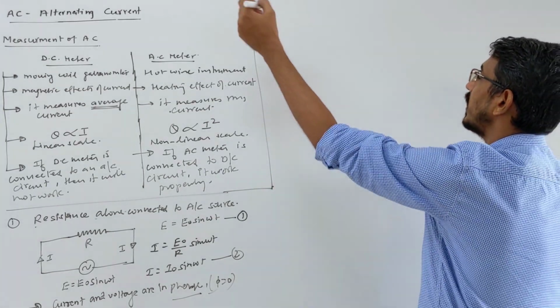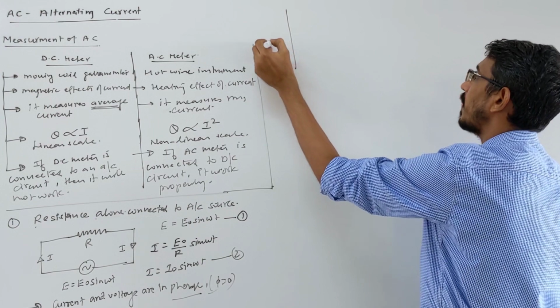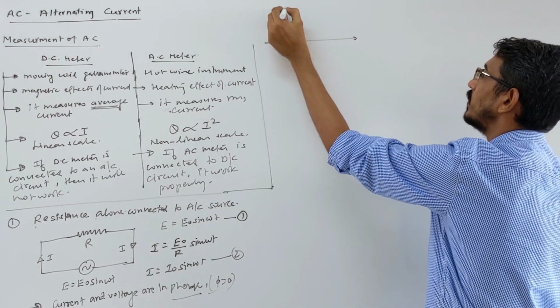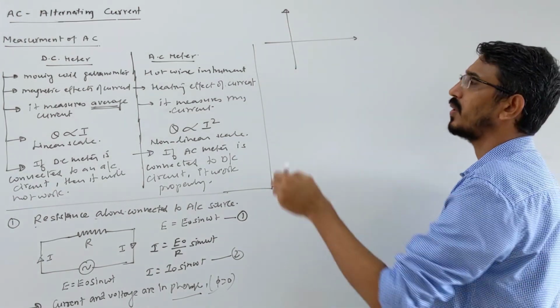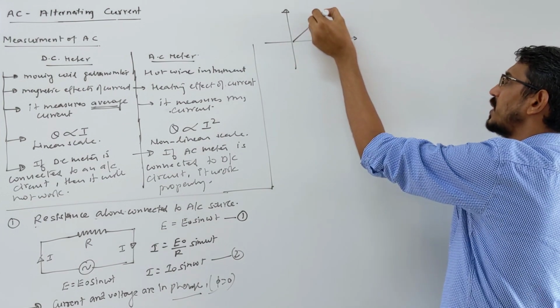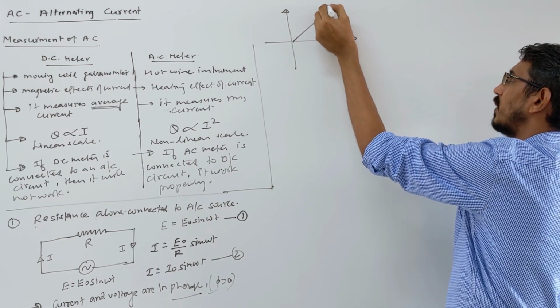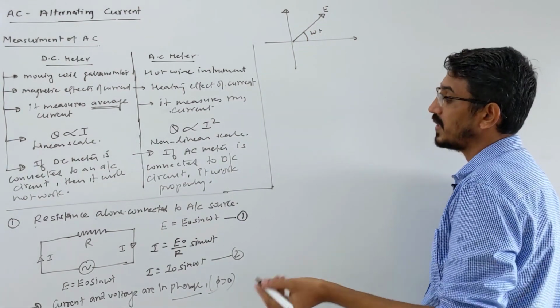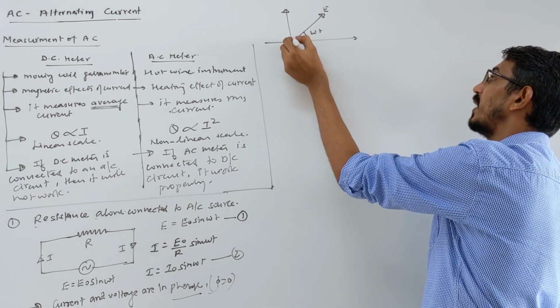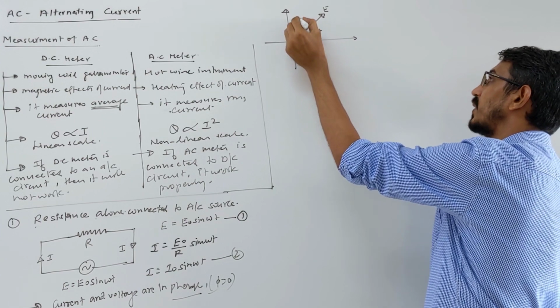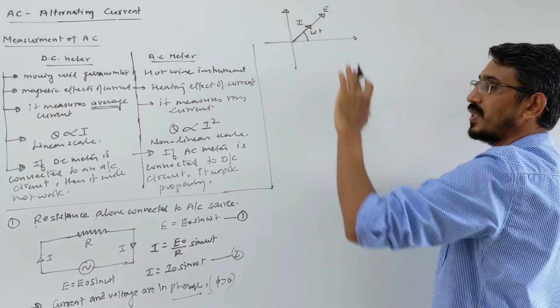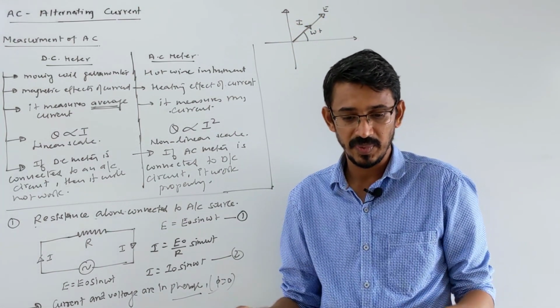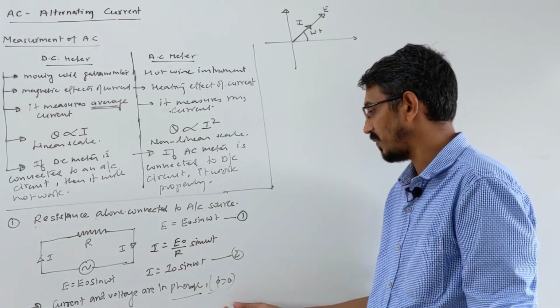So if you want to draw something called a phasor diagram, they always draw it. It's very easy to draw. Suppose you represent your voltage equation, E naught, and this is your angle omega t. Then where is the current? Exactly in the same direction. Here also, this is your I. There is no phase difference. The direction of your voltage is the same as your current. No phase difference at all.